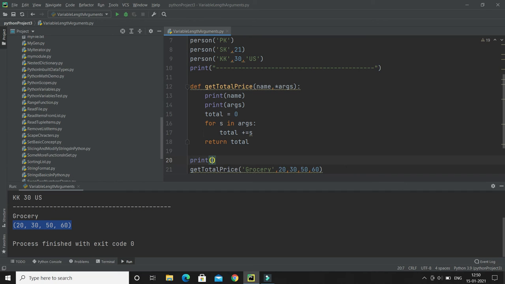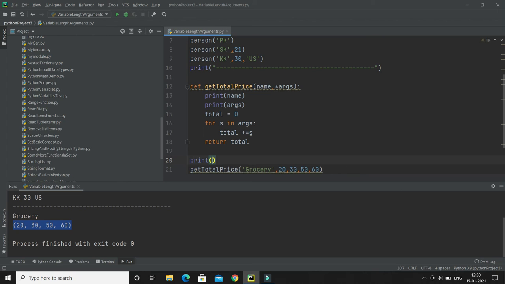And of course we can call this method, and while calling, you can pass a list of strings, let's say pk, something like that, and after that we can pass some key value pairs. So name equals sk, age equals 23, and city equals Delhi.